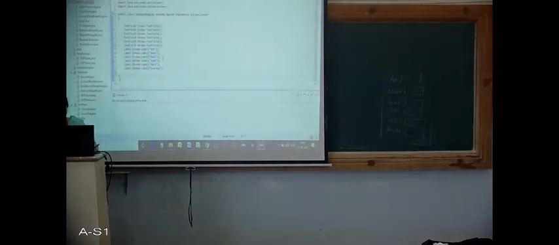So right now what we have done is only this much. Correct? Now let's run this applet. You can see that we have got one applet window. Nothing is displayed on that. It is blank, right?